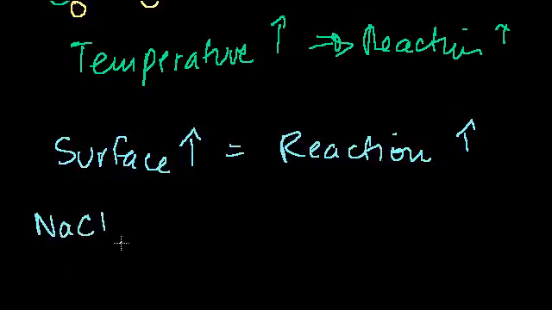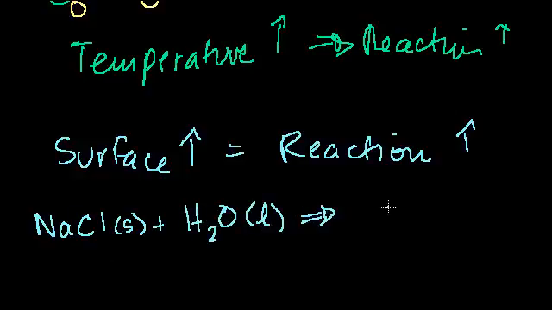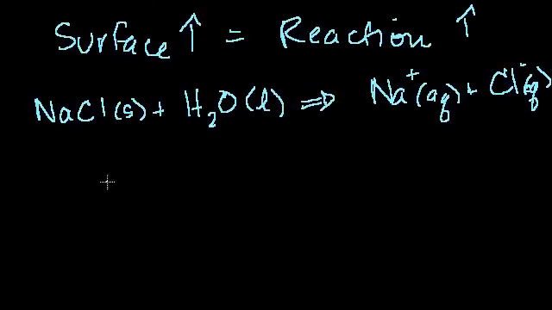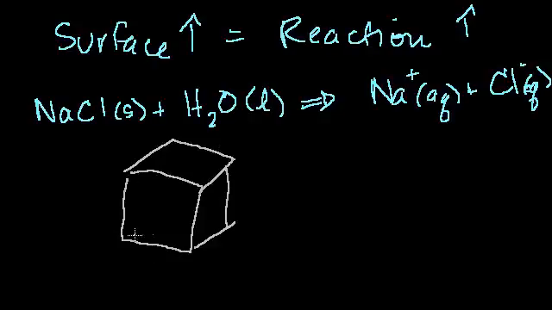Sodium chloride, solid salt, plus liquid water leads to, well, we could think of it a lot of different ways, but we could think of it as sodium cations, aqueous, plus chloride anions, aqueous. So it gets dissolved. And how does that happen? If you have a big block of salt, I'll do salt in gray, there's a bunch of sodium and chloride atoms in it, and you have water all around it,